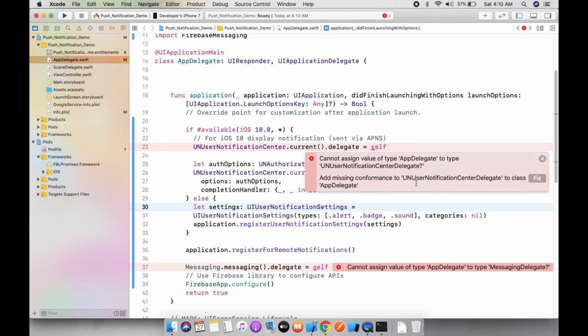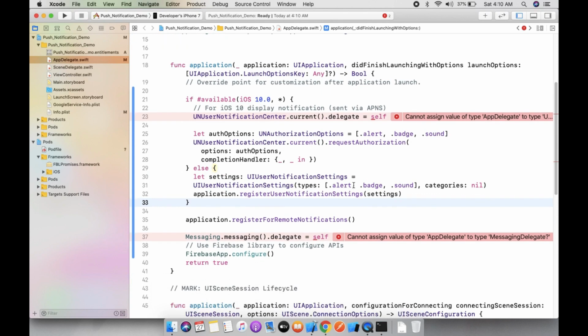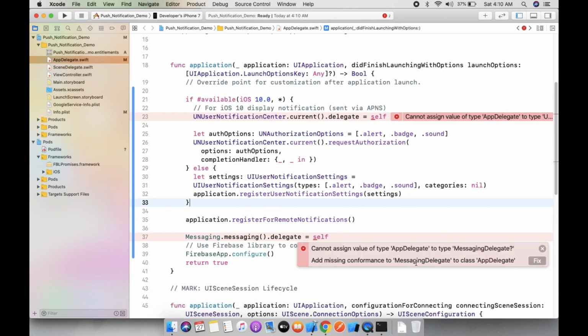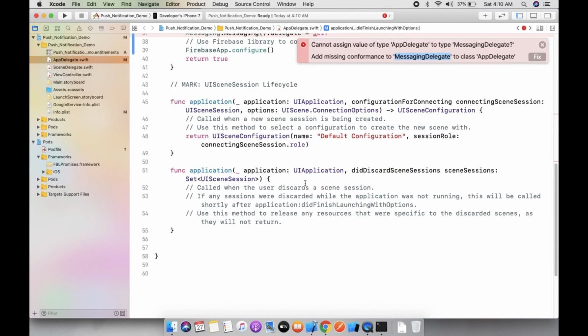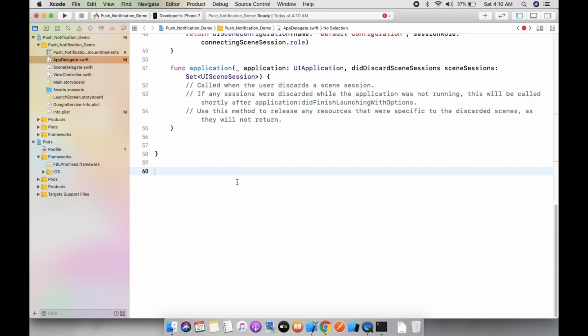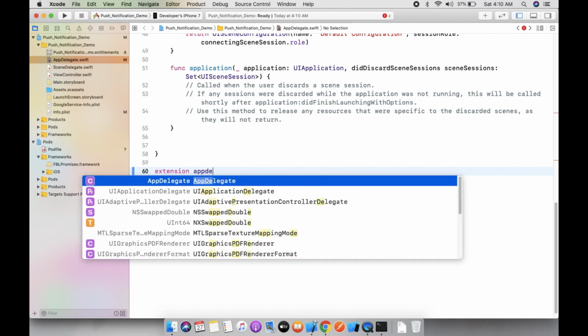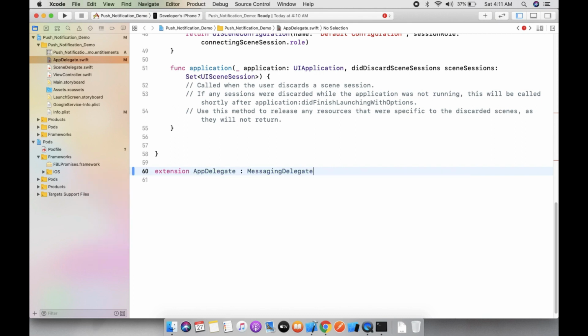So now we need to add UNUserNotificationCenter, and this one is the messaging delegate. Let's copy and create an extension for AppDelegate and set the delegate for this.